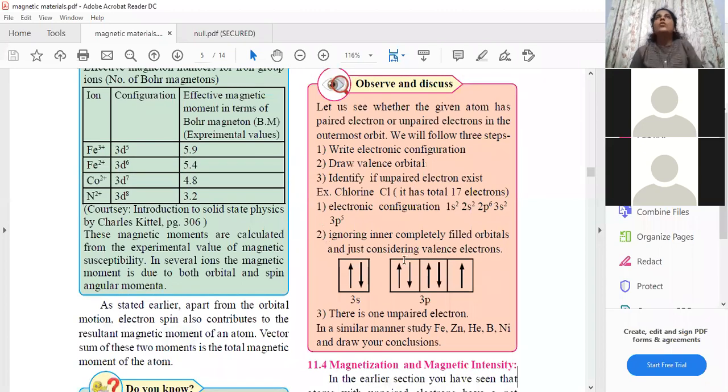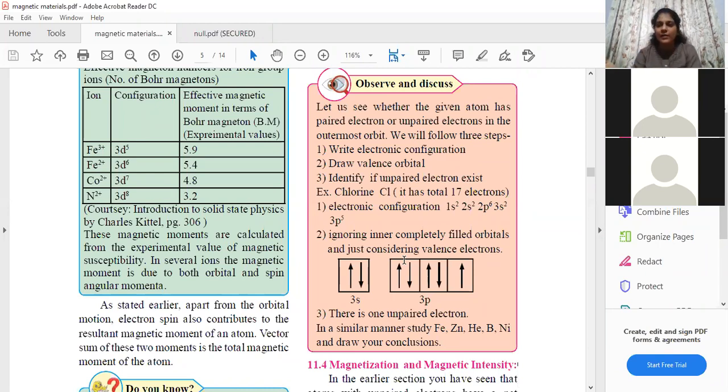It is about what type of materials will possess magnetic property, or what type of materials will have magnetic dipole moment. Students, when can you say that any element or any object has magnetic properties in it? This statement is only valid if the object or the element shows magnetic dipole moment. Magnetic dipole moment is everything. Anything that can show magnetic dipole moment is considered to be a magnet or to have magnetic properties. Please remember this always. If it has magnetic dipole moment, it means that it has magnetic properties.